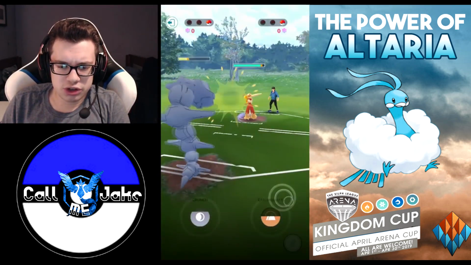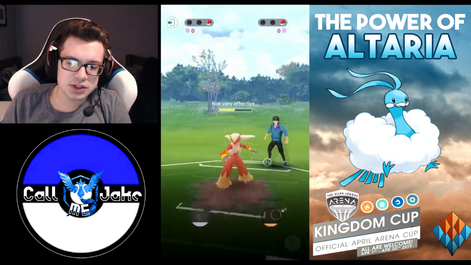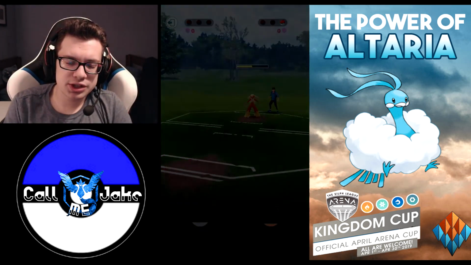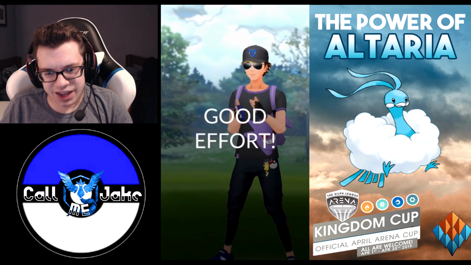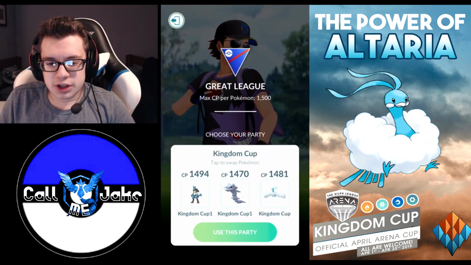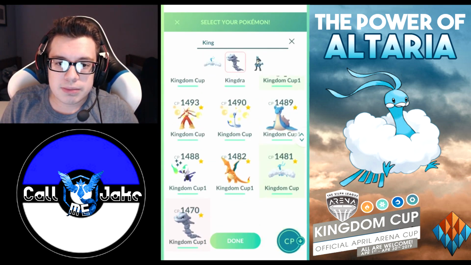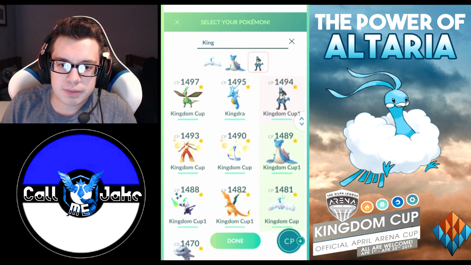And we kill him with Crunch, and then his last Pokemon is Blaziken. So all we can do here is hope Crunch will KO Blaziken, but it's definitely not. So we do take that loss there. That Charizard and Blaziken combo was pretty scary for us. But I think that's just fine, because